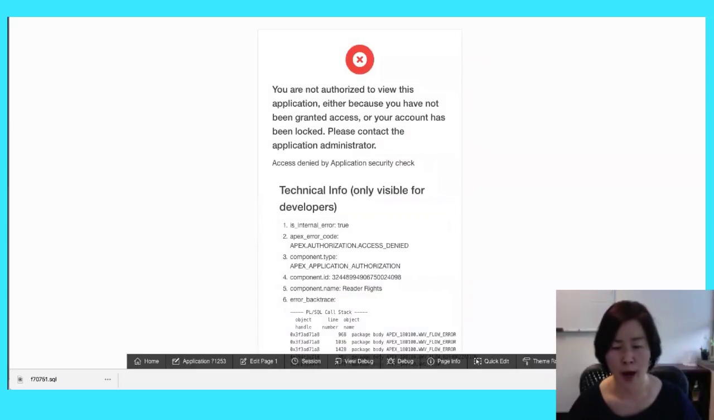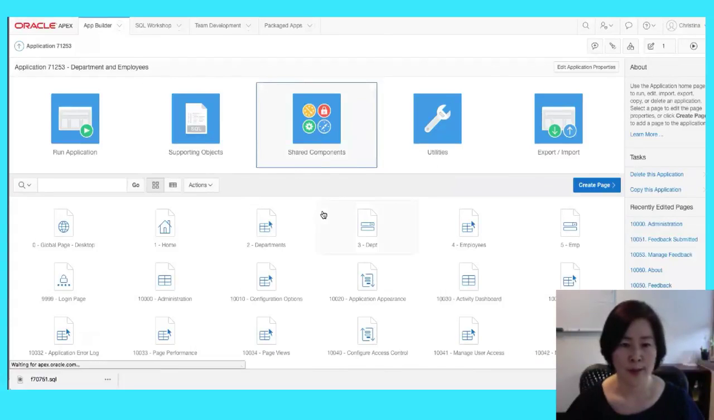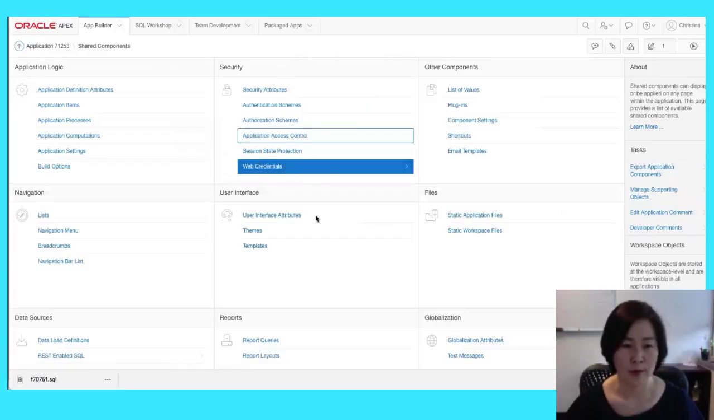However, it's erroring out. It's not letting me log in, with an authorization failure. And this is exactly what the question means. I've seen this behavior confuse a lot of developers, so I want to show you the reason behind this error. If you go to this application, Shared Components, and Application Access Control,